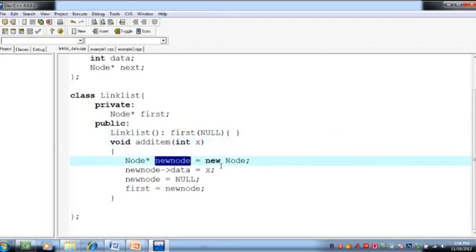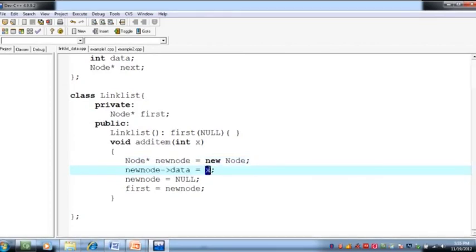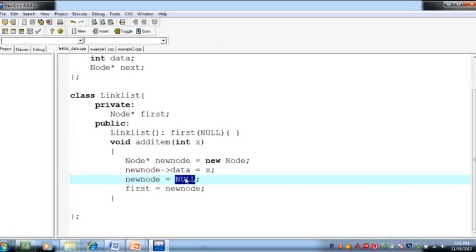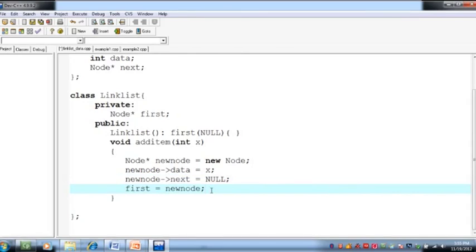So with this statement it will create a new node, and the address of that node will be stored in the pointer new node, ठीक है। न्यू नोड पॉइंटर जो हमने बनाया है उसमें स्टोर हो जाएगा। अब न्यू नोड पॉइंटर के डाटा में we insert x, सो उस नोड के जो डाटा सेक्शन है उसमें हमने x value that is 6 insert कर दी है। न्यू नोड का जो नेक्स्ट पॉइंटर है वो नल को पॉइंट कर रहा है। So because we want to insert the item at the end of the list,